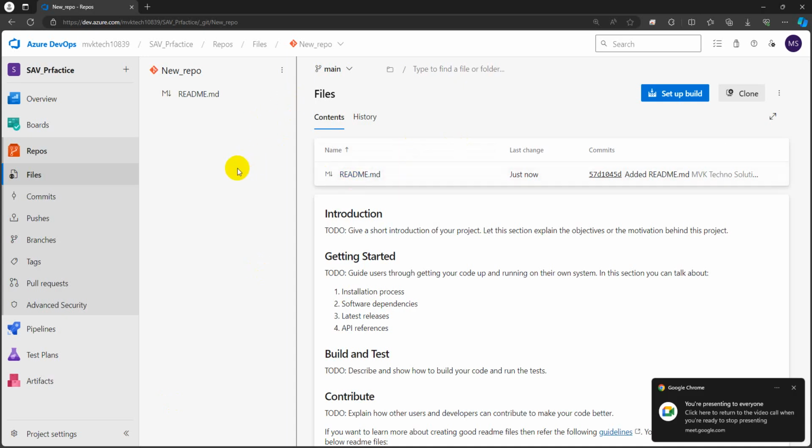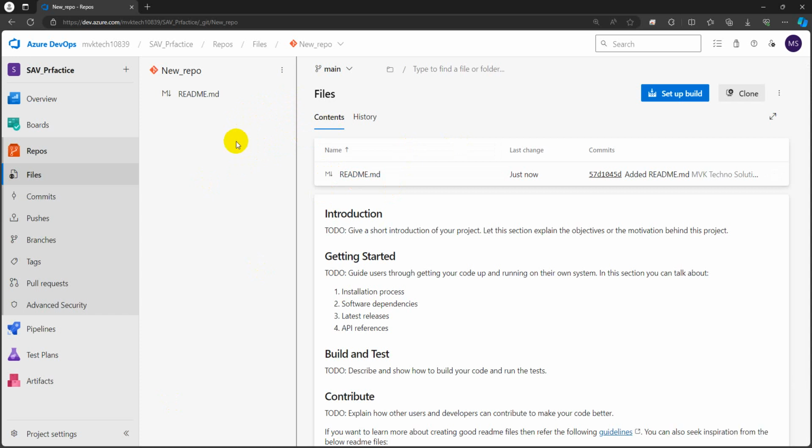And the second thing is how to create branches. We can create in two places, but the main place is the files section. So go to here. You can find the option called main or some other branches. By default, whenever you create a new repository, the main branch is the default branch that will be created,